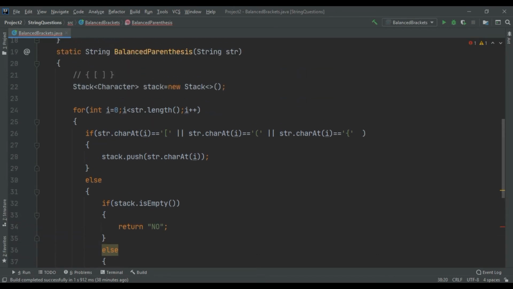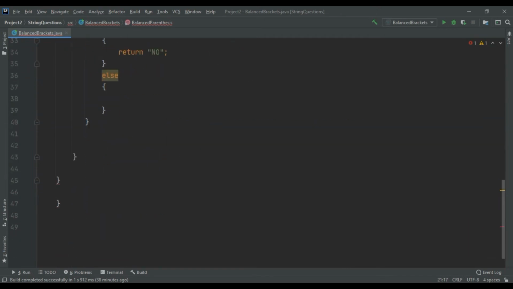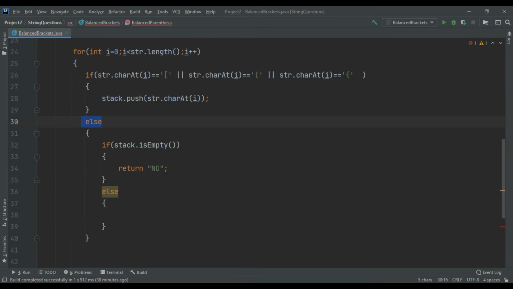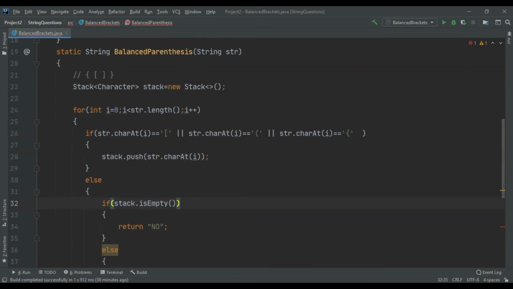see, this line would work till we are at this point. So when we reach this closing angle bracket, it would come in the else part, it would check if stack is empty. No, stack is not empty.